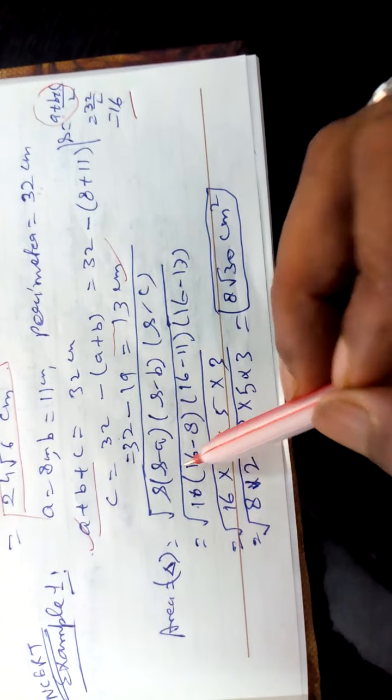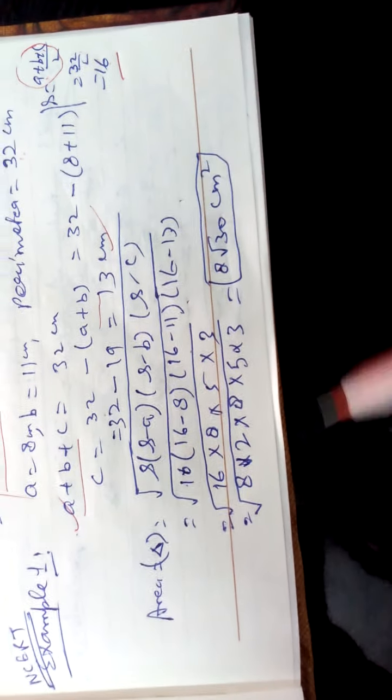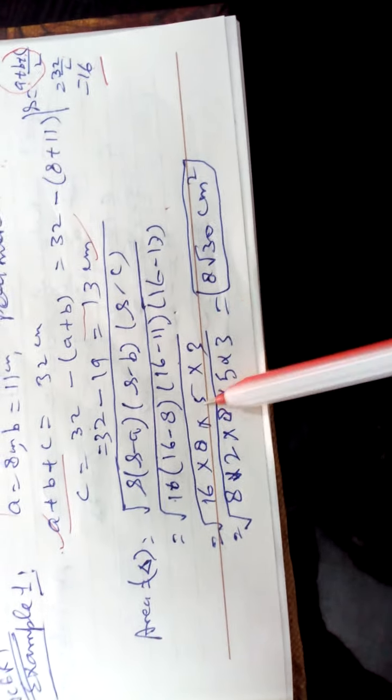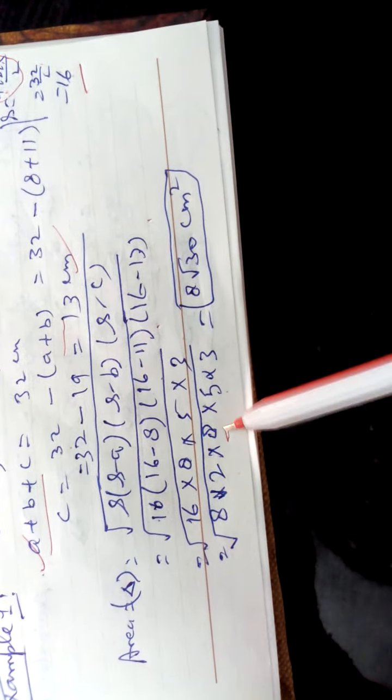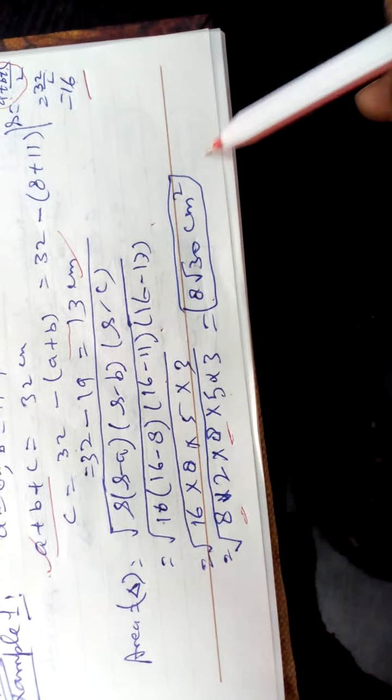Apply the formula, put the value 16, 16 minus 8, 16 minus 11, 16 minus 13. Again you are 8 to just 16. 8 is common. 2, 5 and 3 is left. 2, 5 and 3. 8 and 8 gives you 8 outside. 5 2s are 10, 3 10s are 30. It is your answer. It is a question given. Second example.